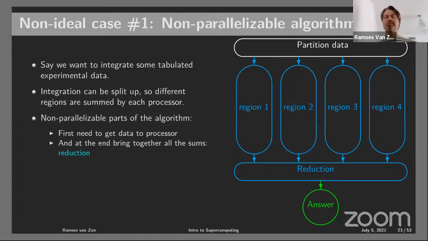There are non-parallelizable parts of this scheme where, first of all, we have to partition the data. The data comes from somewhere, and we have to probably give it to the different cores one way or another. Or even if all the cores can fetch the data themselves, we have to tell the cores where to get the data and what part of the data is theirs. So there's some overhead here. This is the administration part that I was talking about, to tell every core what to do, and then the different regions can be done separately. And then at the end, once each core has computed the sum of its region, the whole thing has to be summed up again.